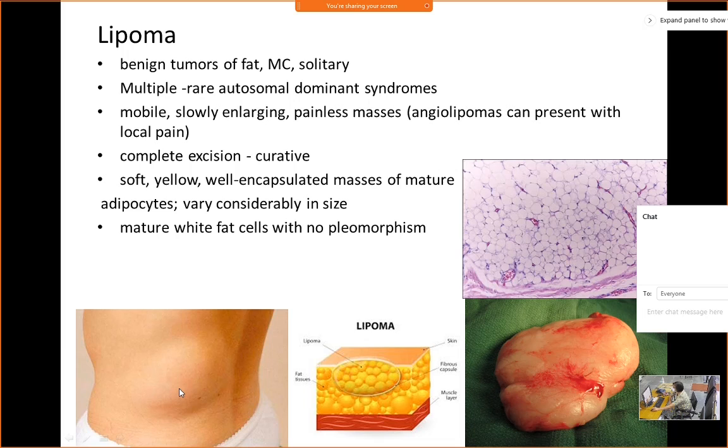But there is one thing you should ask the patient: is there any recent rapid growth of this lesion? Because lipomas are known to undergo malignancy, even though it's extremely rare. But the fact is, any long-standing benign tumor may undergo malignancy. So if a patient comes with a swelling like this and tells you it's been there for 15 years, the question you should ask is, then why are you coming now? Is it growing very rapidly? Or are you bothered about the cosmesis? So you have to know that reason from the patient.